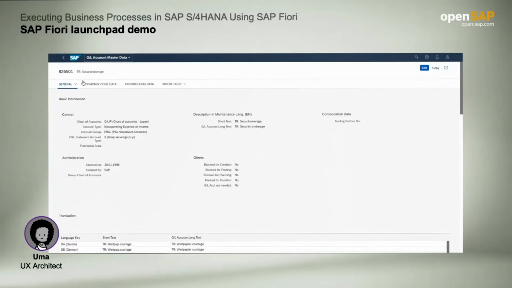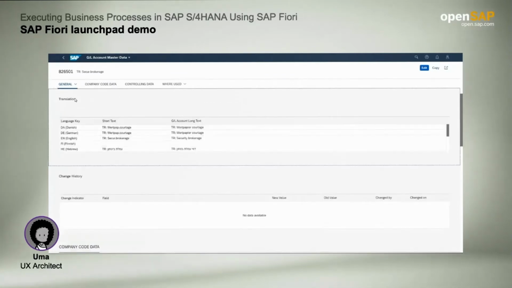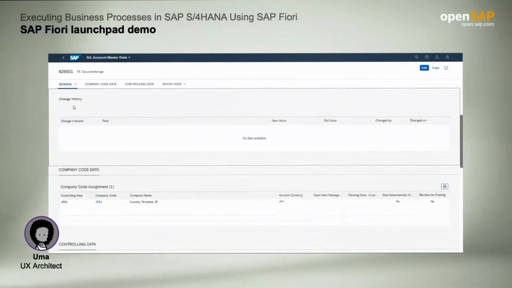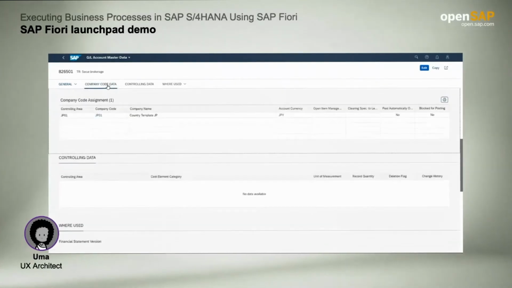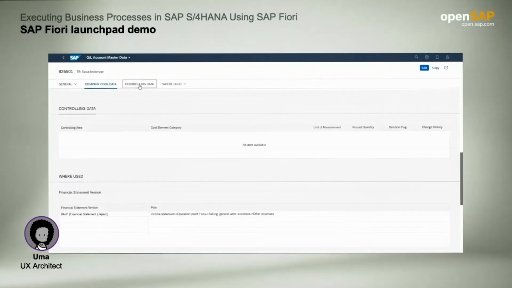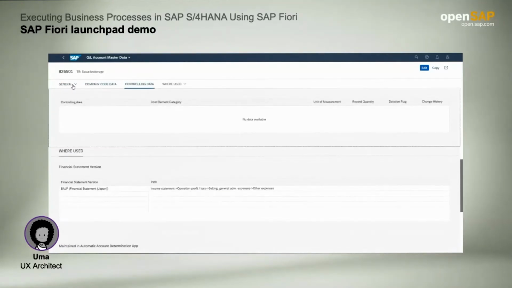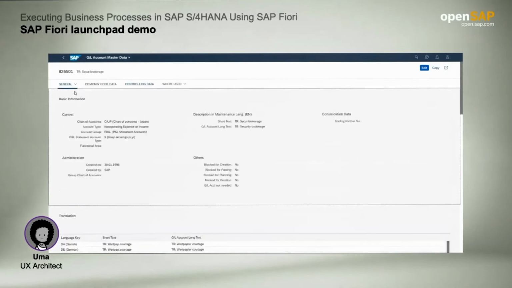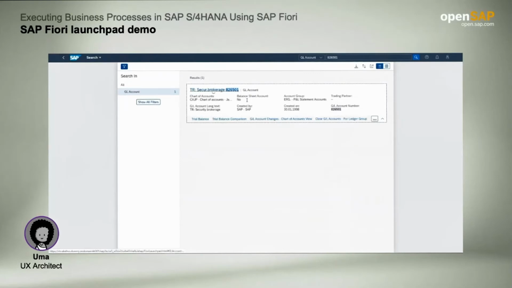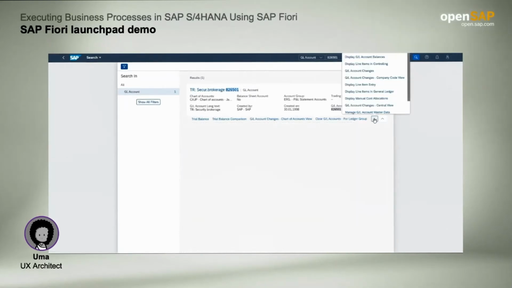This is all the information related to the account, for example, available languages, company data, and controlling data. These are the details of a GL account. If we go back to the results, we can see the list of apps that relate to the search. These are all the options we can use with SAP Fiori Enterprise Search.